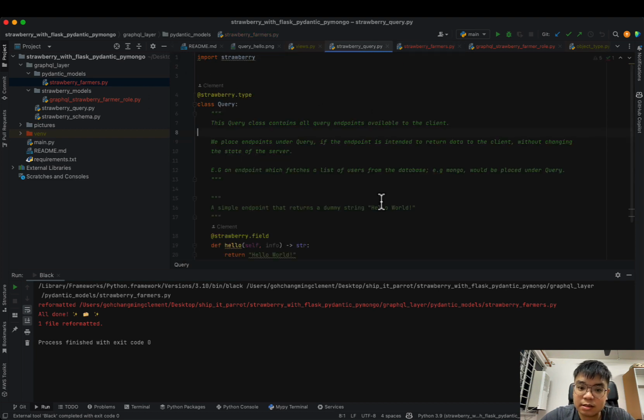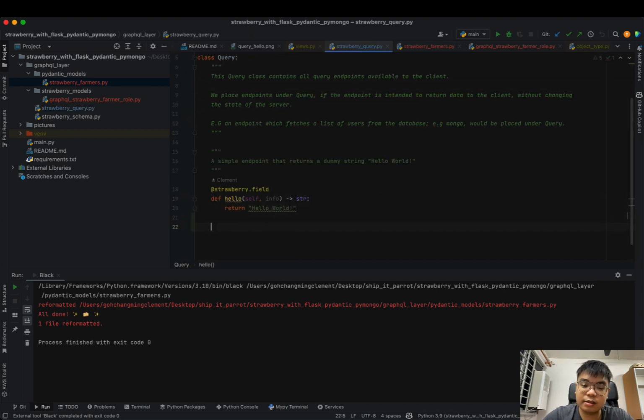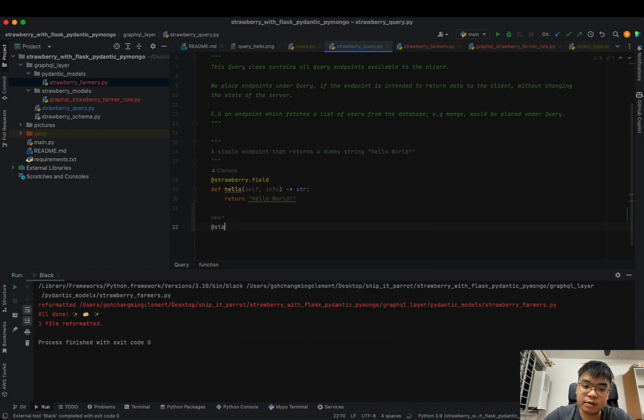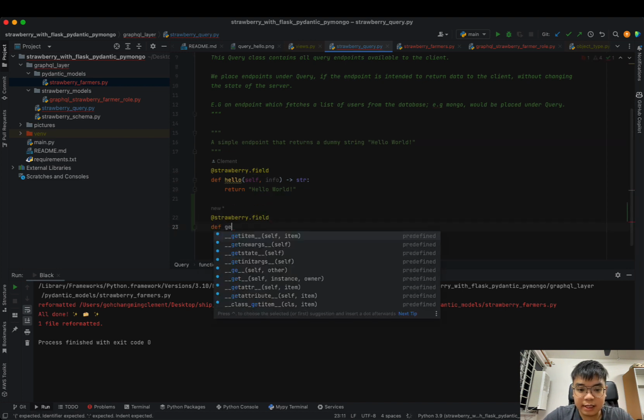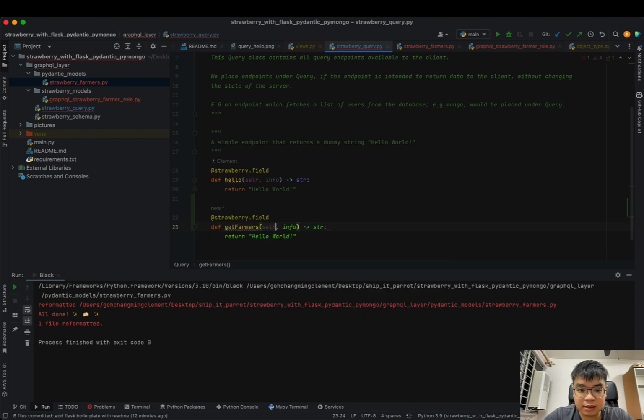Now let's create a simple Strawberry field which returns back a list of farmers. So now get farmers info, a list of